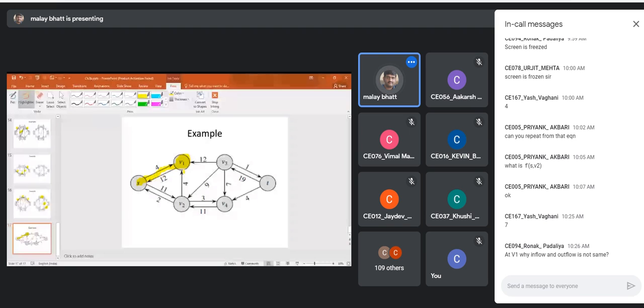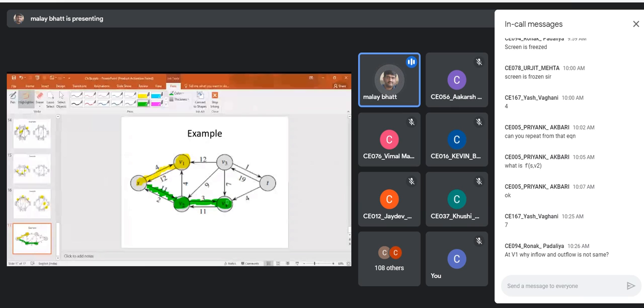Similarly, if I start from S, I can go to V2 via this. Now from V2, if I go to V1, again it will stop, because there is no outgoing arrow from V1. Clear? There is no way to come out from V1. Now, from V2, this is the outgoing arrow, I can reach V4. Here it will again stop, because there is no outgoing arrow from V4. Clear? So I cannot reach T. So there is no more augmenting path left. So we have to stop.